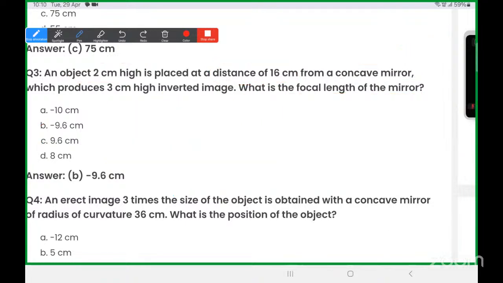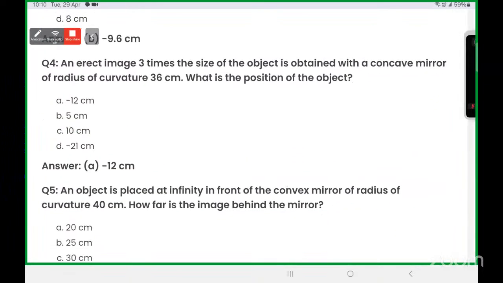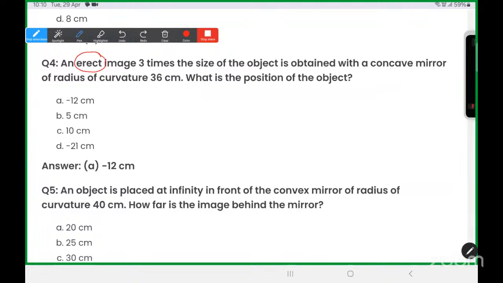यस, नेक्स्ट क्वेश्चन, जल्दी से नेक्स्ट क्वेश्चन। एन इरेक्ट इमेज, देखो इमेज इरेक्ट है, इरेक्ट का मतलब होता है हाइट ऑफ द इमेज इज पॉजिटिव, 3 टाइम्स द साइज ऑफ द ऑब्जेक्ट। ये दिया हुआ है ना। अभी इन्वर्टेड नहीं दिया हुआ था, इसके लिए मैंने नेगेटिव इन्वॉल्व नहीं किया। नेगेटिव का उल्टा इरेक्ट दिया हुआ है, इसके लिए पॉजिटिव ही लिखेंगे। तो ये गिवन है, इज ऑब्टेन्ड विद अ कॉनकेव मिरर ऑफ रेडियस ऑफ कर्वेचर 36। क्योंकि कॉनकेव मिरर है, इसके लिए रेडियस ऑफ कर्वेचर नेगेटिव होगा। फोकल लेंथ क्या होती है, रेडियस ऑफ कर्वेचर डिवाइडेड बाय 2 होती है। तो -36 डिवाइडेड बाय 2, फोकल लेंथ की वैल्यू -18 सेंटीमीटर आ जाएगी।